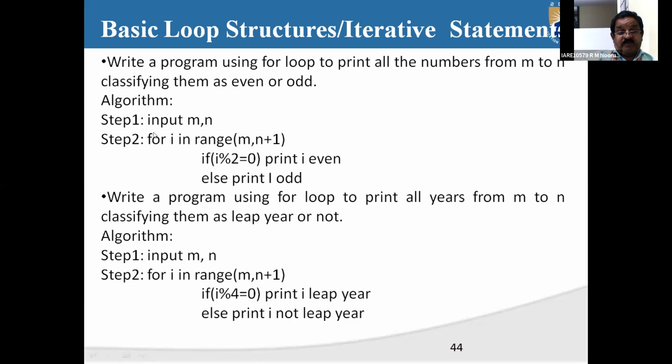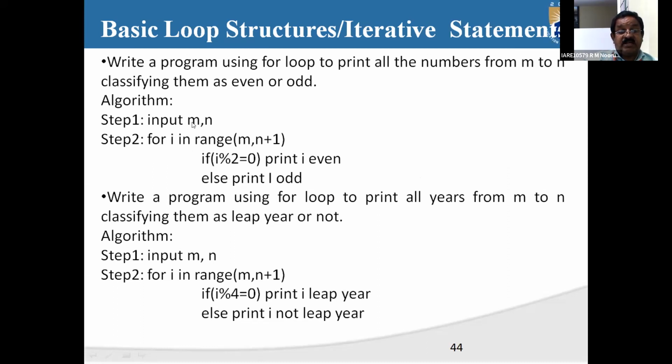So if you want to convert it into the form of a while statement, first you have to initialize i equals m, and then check the condition, that is i is greater than n plus 1, and then within that group of statements you have to give the incrementation also. The incrementation should be given as i equals i plus 1. That's how it is converted from a for statement into while, and from a while statement into a for statement. So now you can start with that.